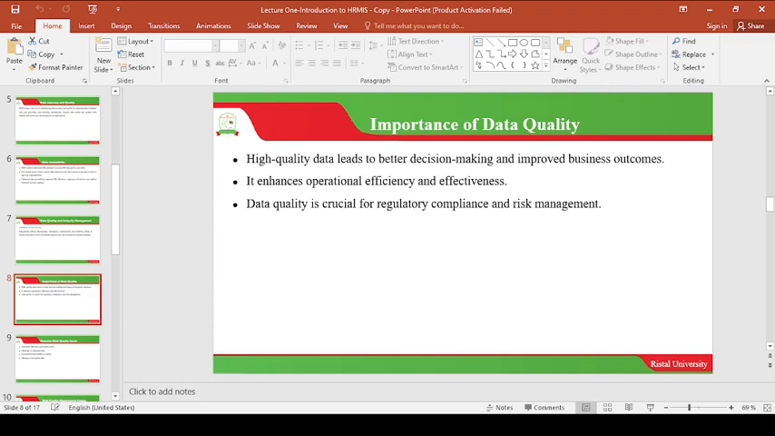The next important point is that data quality is crucial for regulatory compliance and risk management. You cannot comply with any regulation or manage any risk if the data you have is faulty. If you don't have accurate data, it becomes very difficult for you to manage risk. You will never manage any risk if the data you are getting is not authentic. So basically, these are some of the importance of data quality management as far as the human resource information management